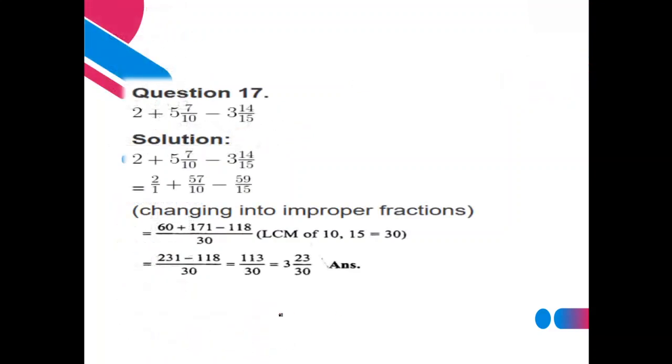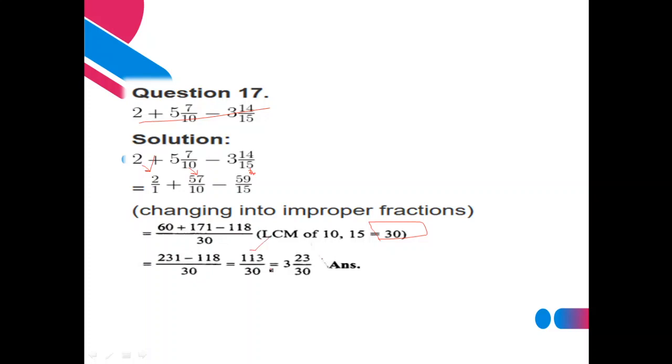Now question number 17, that also is the same. First we will change that question into improper form. So here I converted 2 upon 1, then 5 and 7 upon 10 we will convert into 57 upon 10, and 3 and 14 upon 15 was 59 upon 15. Then after we will find the LCM of 10 and 15. So the LCM of 10 and 15 is 30, and then we use the same concept according to previous questions, and finally